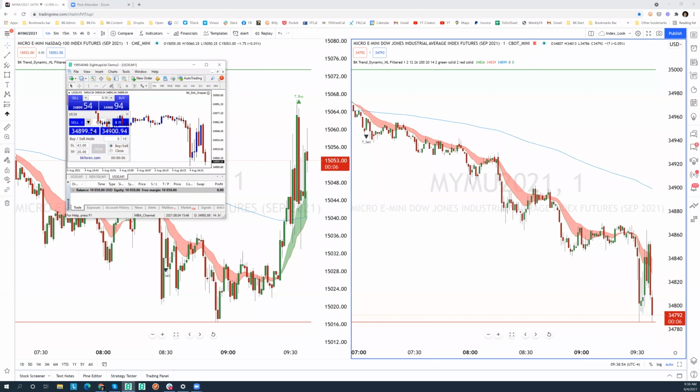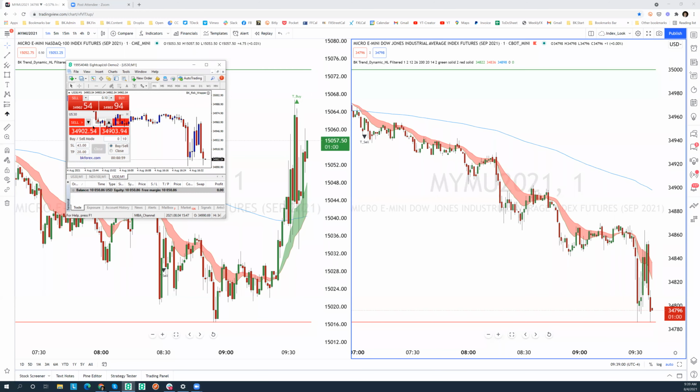Okay, bouncing back. Let's see how this candle trades. Okay, here it gets interesting. If I can only keep my eye on one, I'm actually watching the Dow, ignoring the Nasdaq right now, because I want to see if